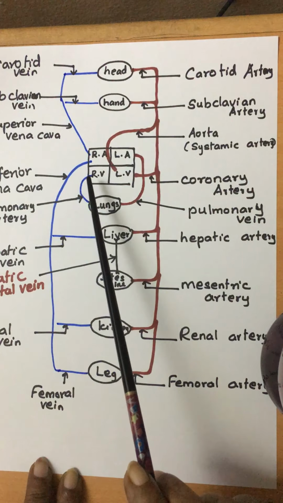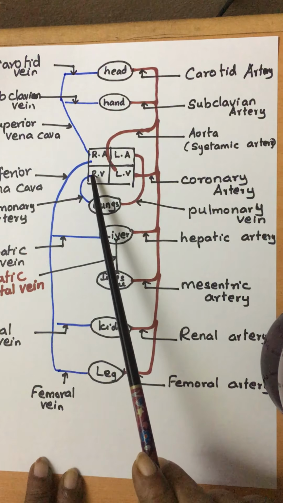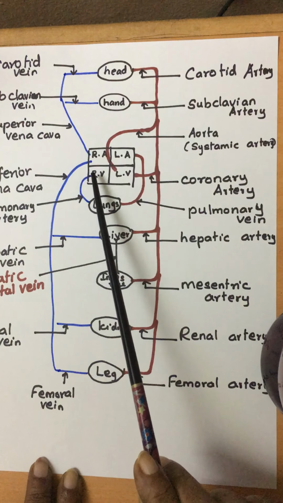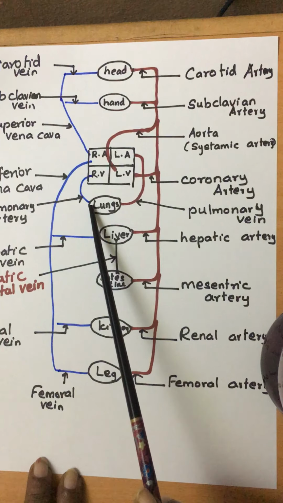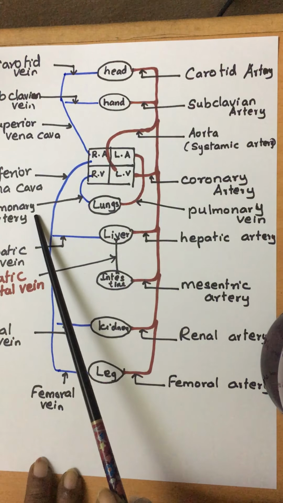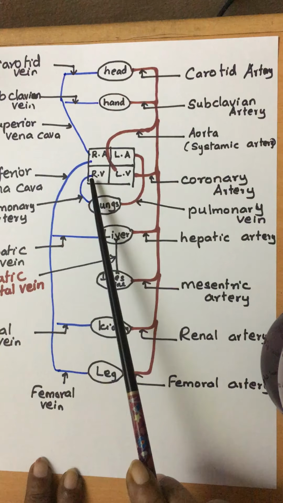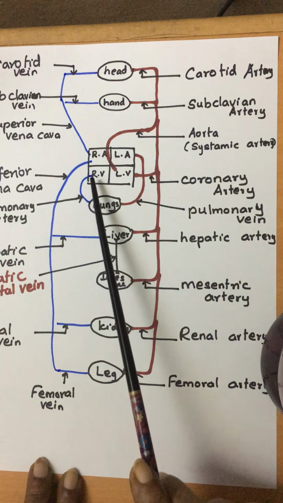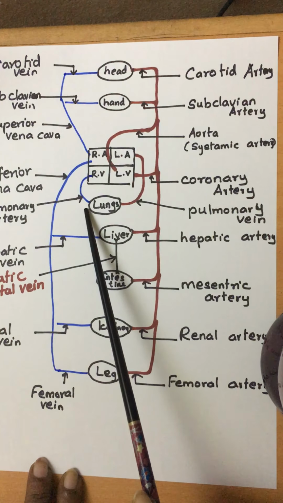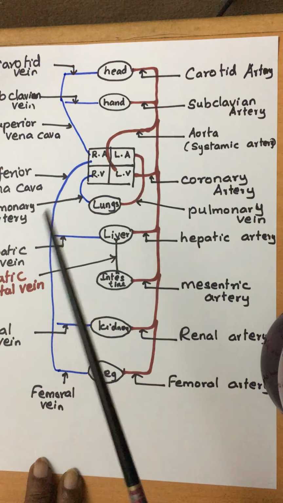There is another artery called the pulmonary artery. As I told you earlier, the pulmonary artery brings deoxygenated blood from the right ventricle to the lungs. So the arteries carry oxygenated blood except the pulmonary artery. Arteries always carry blood away from the heart, which is why it is named an artery, but it carries deoxygenated blood. The other arteries carry oxygenated blood. This is the artery system.